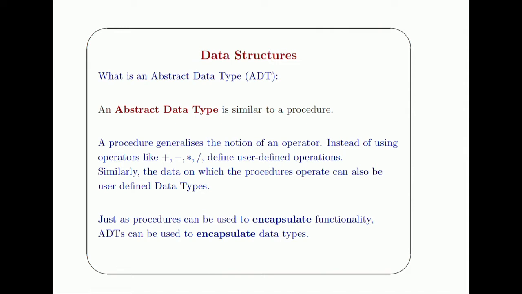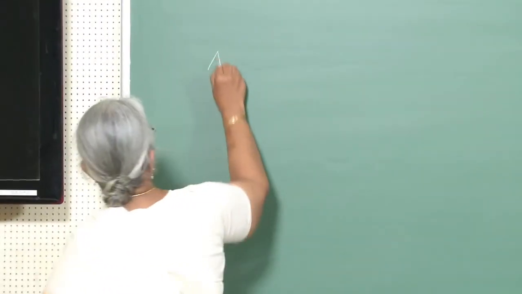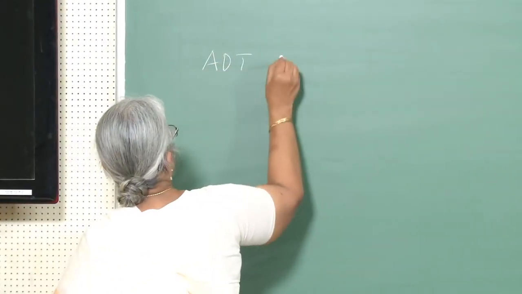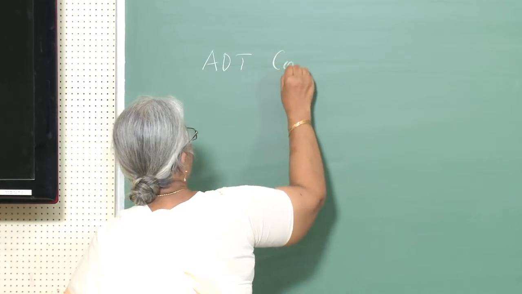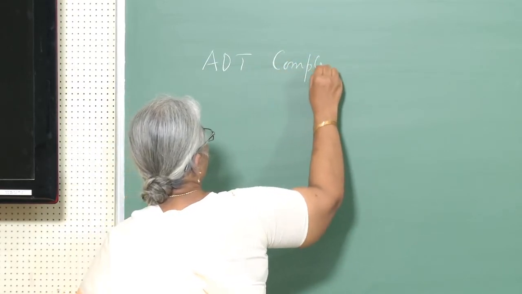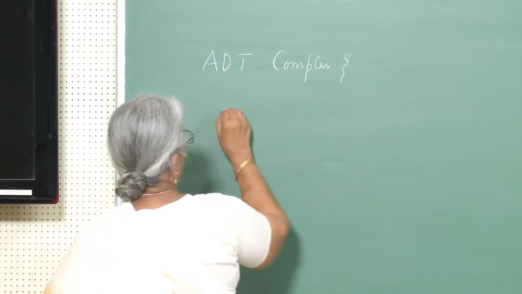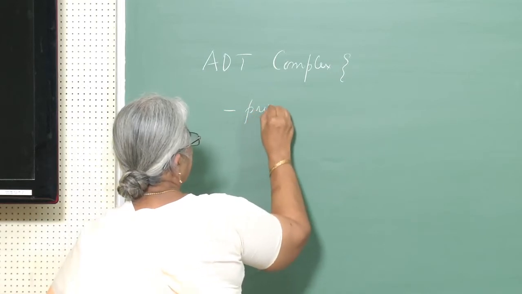So, in much the same way, what we can do is we can have what is called an abstract data type, something like this. I can define it as an ADT, let us say abstract data type, and let us say I want to define complex, which is the example that I am going to take now. I can define some private data here,